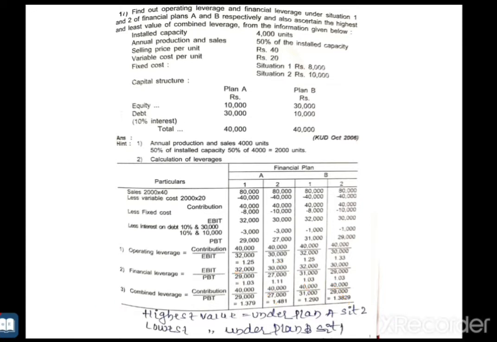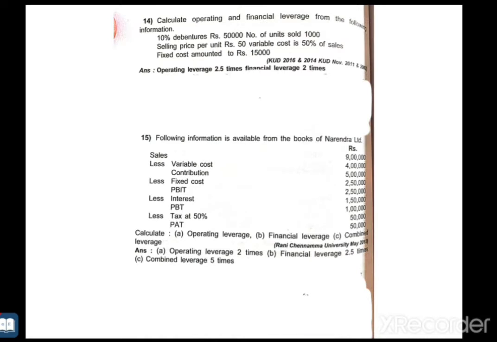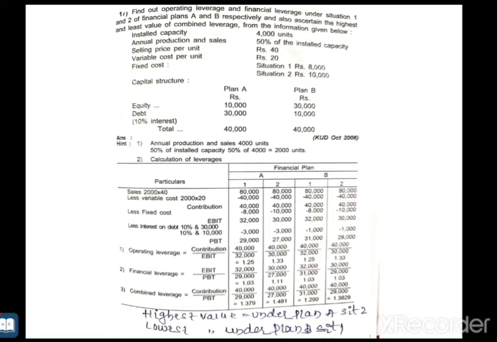The main important reason I am choosing this type of problem is that you can easily calculate operating leverage, financial leverage and combined leverage, but when the information is given through different methods, based on the information we have to prepare and ascertain the hidden information first. If simple information is given, we already calculated those in the last 2 to 3 classes, where we discussed different types of problems. But compared to those, this problem has 2 plans, and in each plan there are 2 situations. According to that we have to work it out.